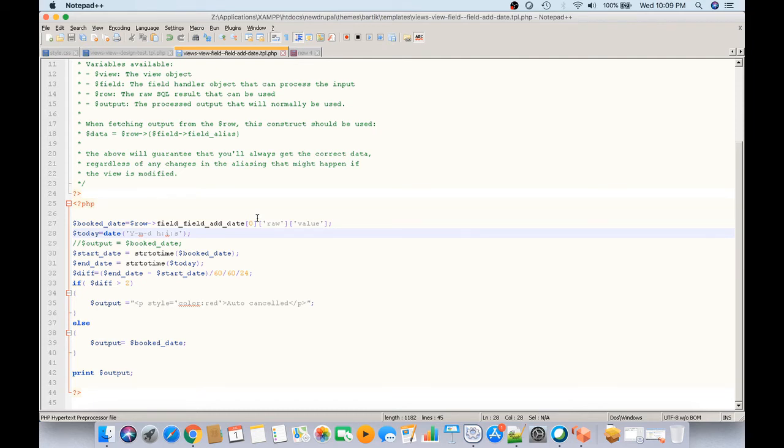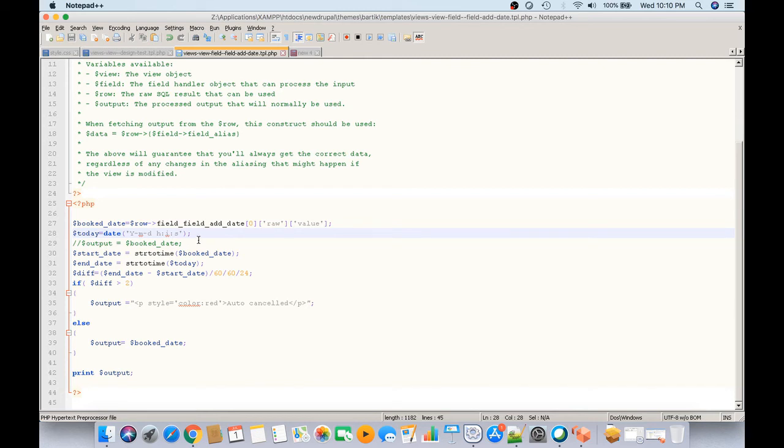If you want to make a change specific to any field, you need to select that file name accordingly. For example, I have taken field-add-date.tpl.php and I want to make some changes in the date field. The requirement is: if the date exceeds 2 days from the date of booking, it should show auto cancel in red.